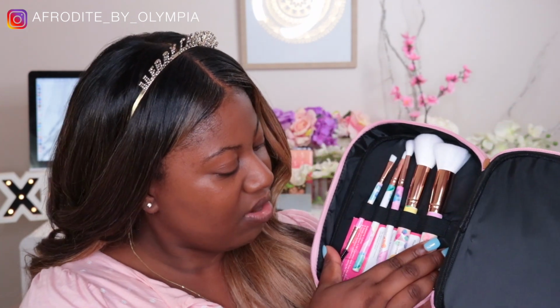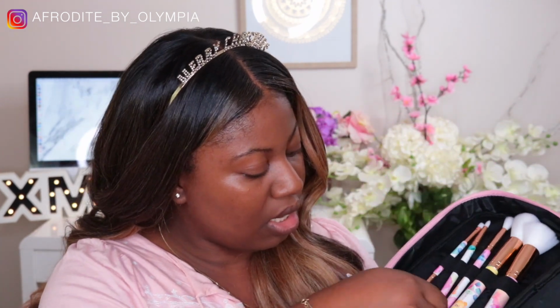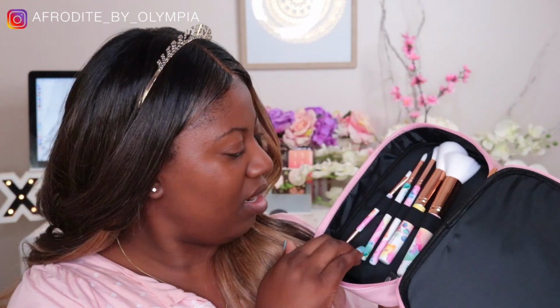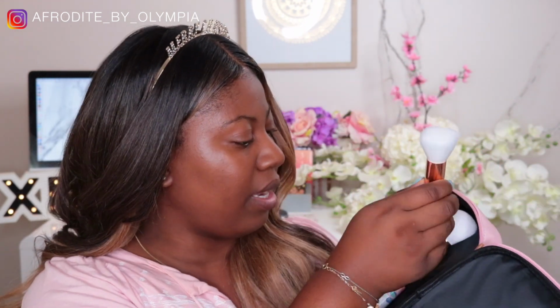I was supposed to use the Enchanted brush set. I believe there's a foundation brush in here. Oh, there is. Guys, is that not the cutest? Let me take this out. Is that not the cutest thing you've ever seen? Wow, that is so pretty. Okay, let's fall back and